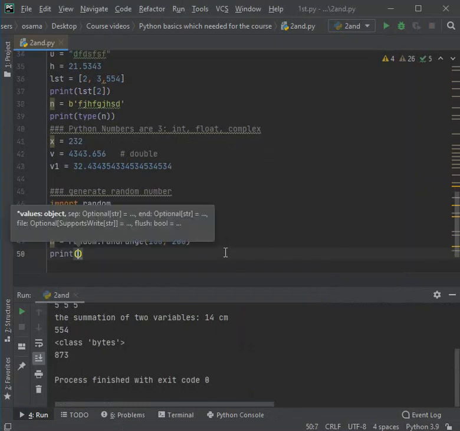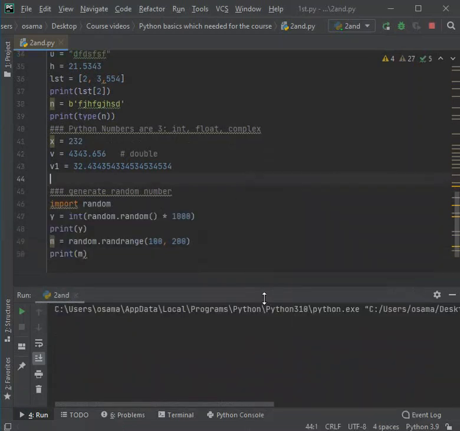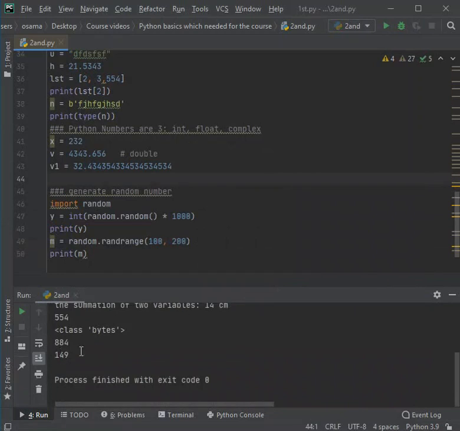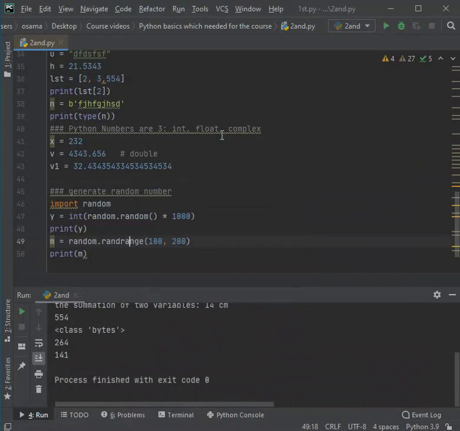Of course, the value of n isn't printed, so we don't see it in the editor. Print n to see it. Here is 149. If you run again, you will get a different value. By this,